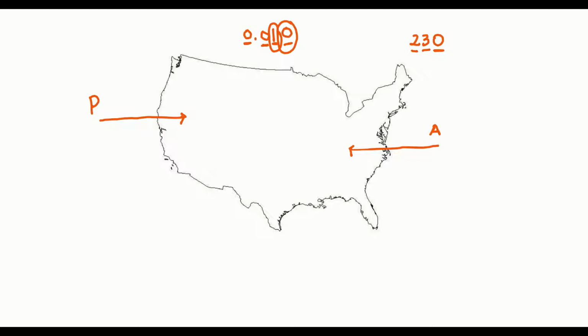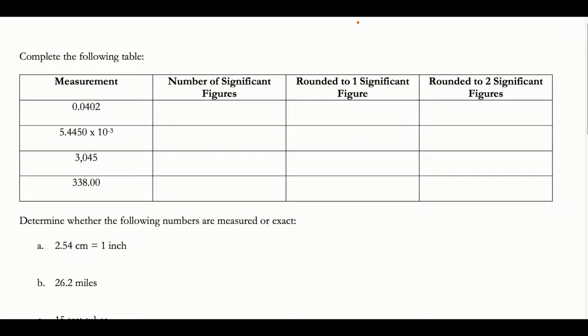So let's look at some more examples. All right, so I gave you guys 4 measurement examples, and I'm asking us first to determine the number of significant figures, and then to round those measurements to 1 sig fig and then 2 sig figs. So let's just start with the first one. I give you